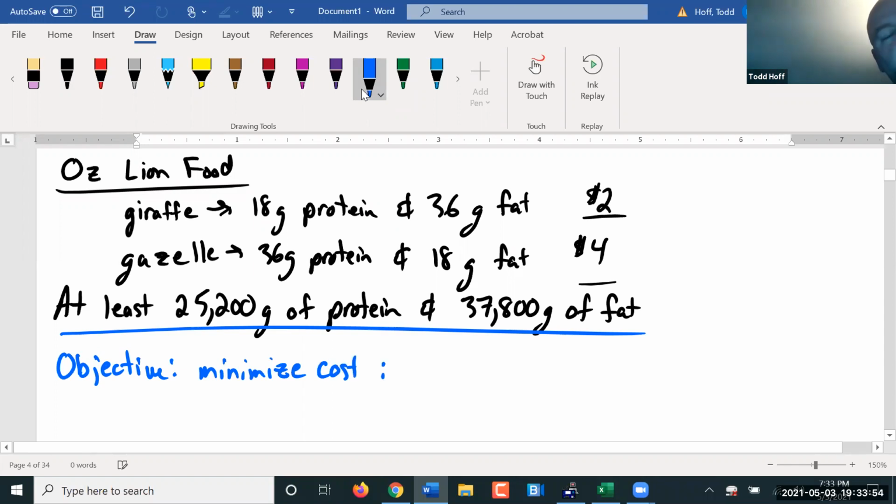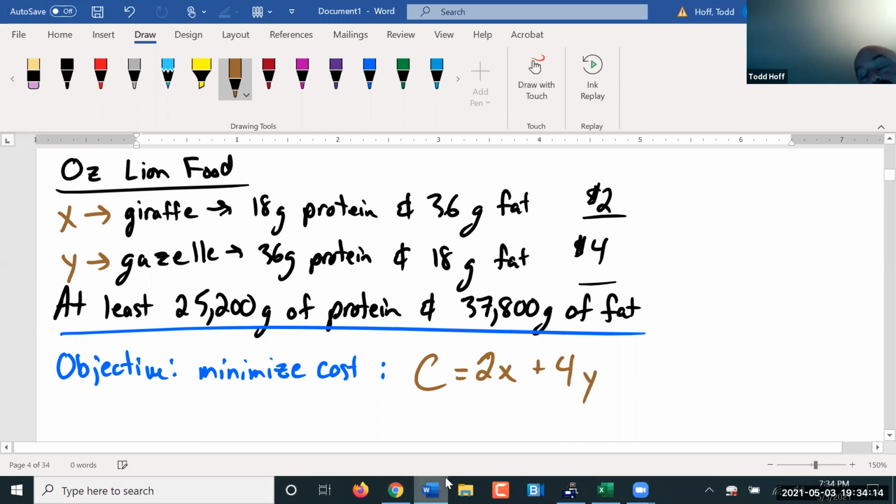In that cost function, C equals, if we let X be the amount of giraffe meat used and Y be the amount of gazelle meat used, it's $2 times X, the pounds of the giraffe meat, plus $4 times Y, the pounds of gazelle meat. Subject to